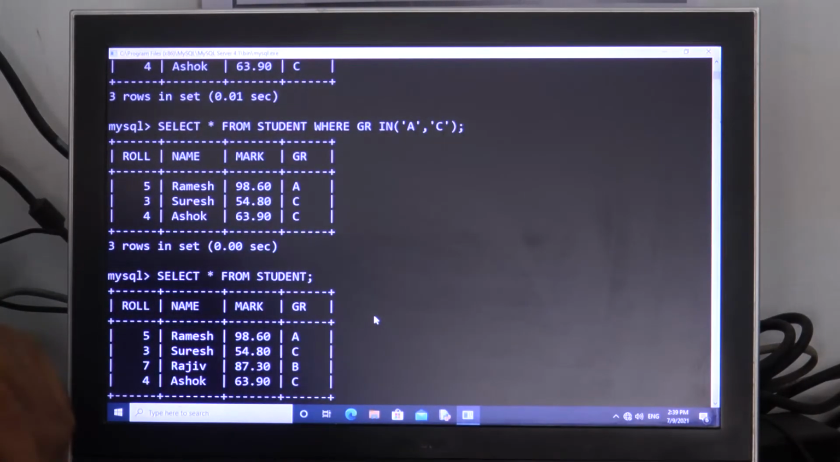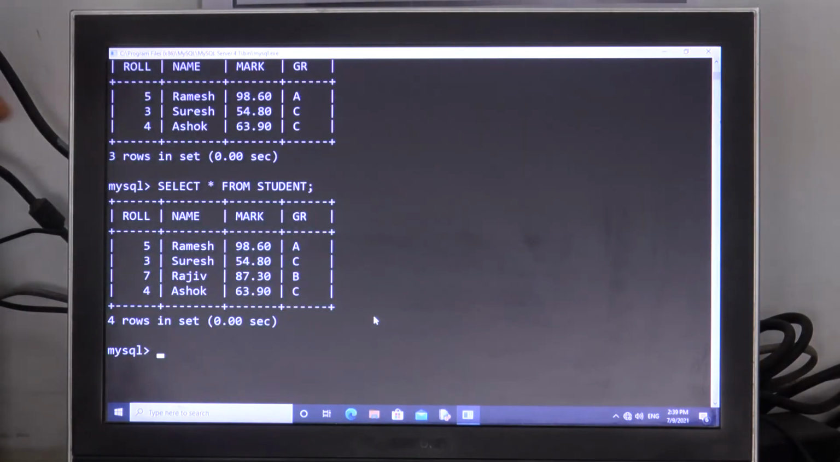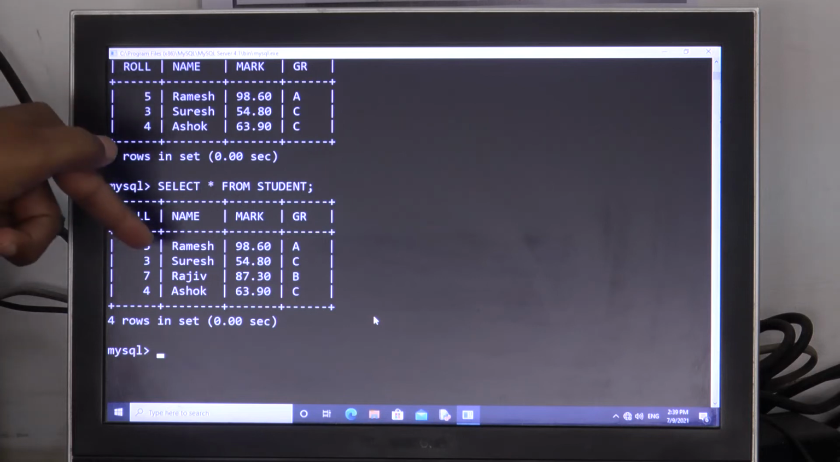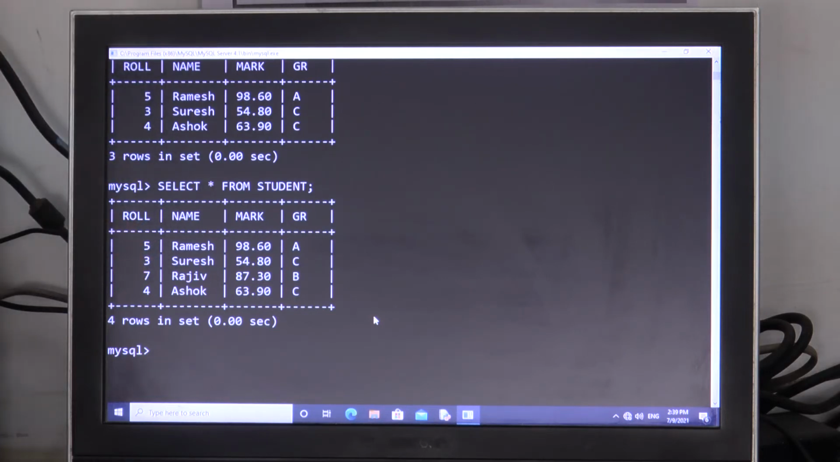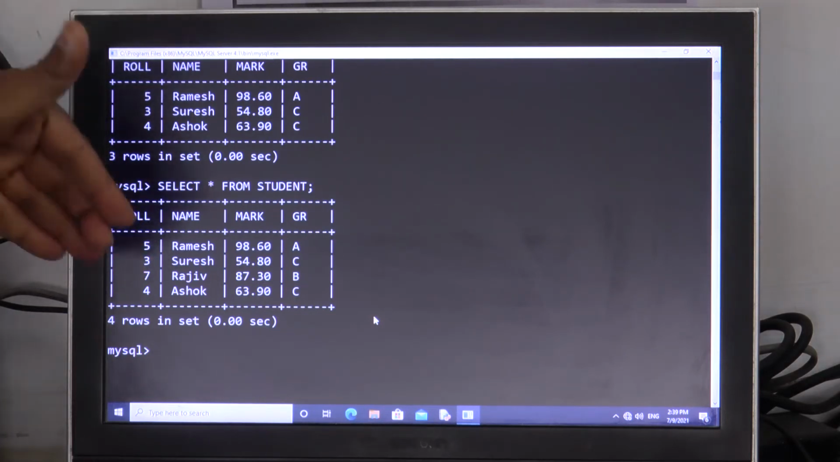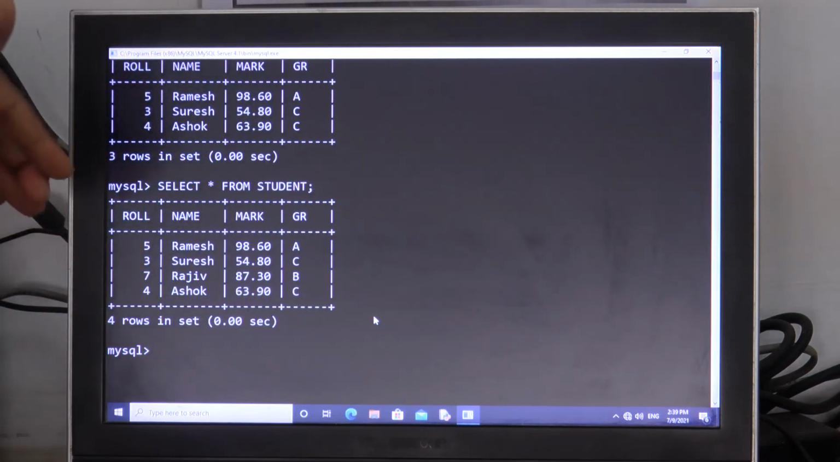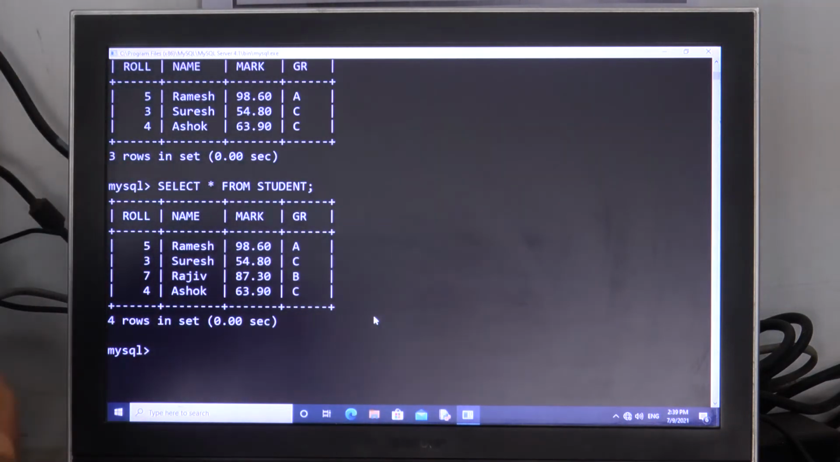So this one is the data, and if you will see here two students' names are there, Ramesh and Rajiv, but I don't know how many students' names are already there, and I want to see the students' information that start with R. Let us see how I can do this. I am writing here: select asterisk from student